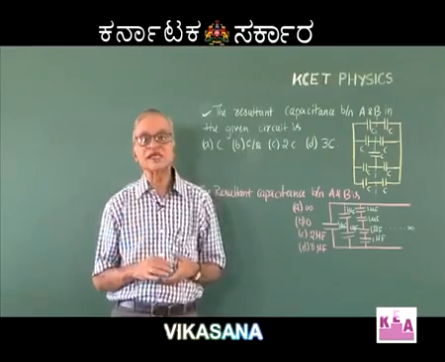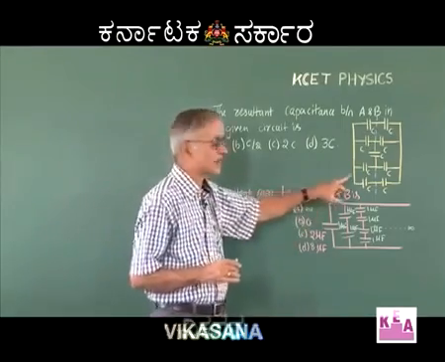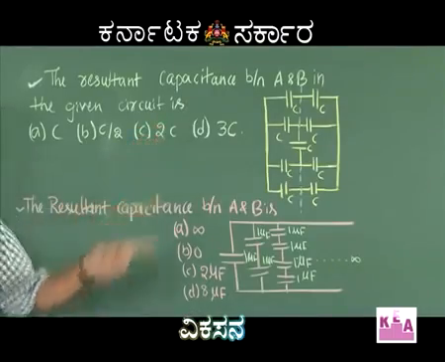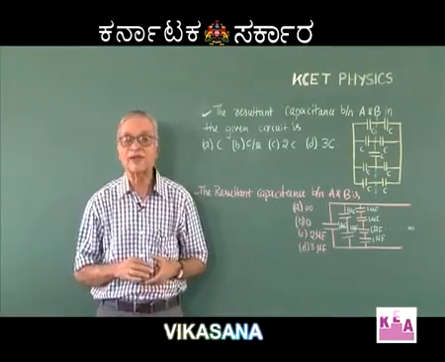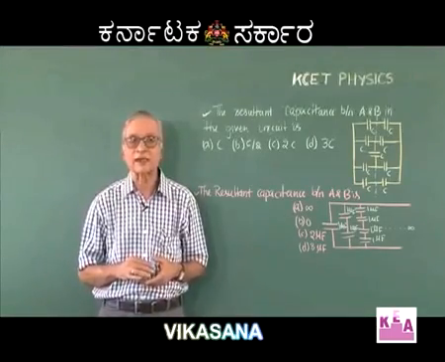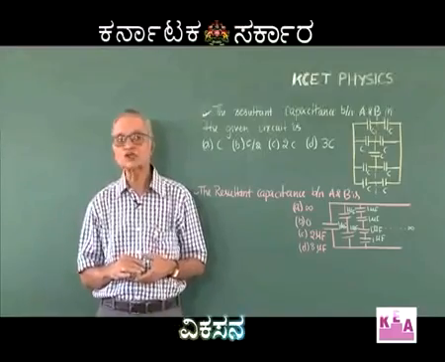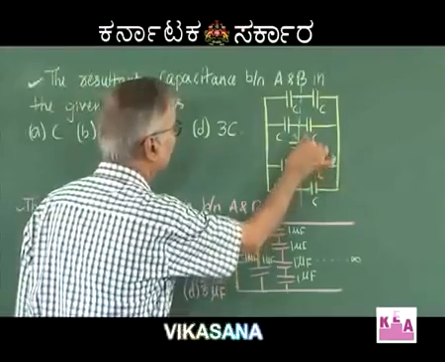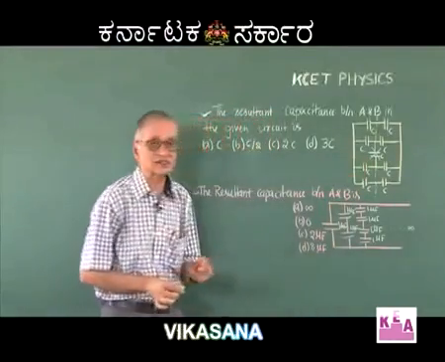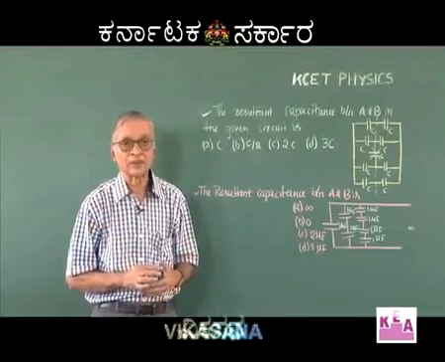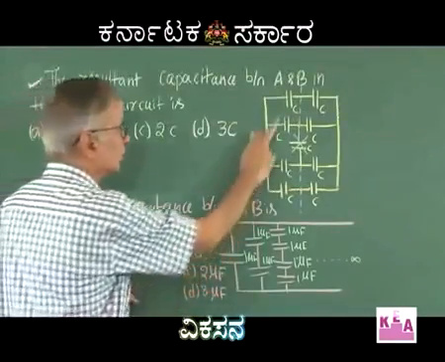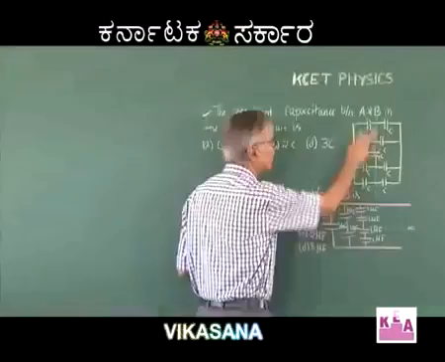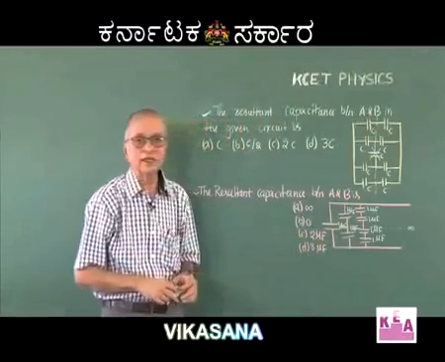The idea behind this case is, if the circuit has a vertical symmetry, then all the components connected along the line of symmetry can be removed from the circuit and it has no effect whatsoever on the circuit. On account of that reason, this condenser C can be removed from the circuit. Then the circuit reduces to C and C in series, again the same two, and all the four being connected in parallel.